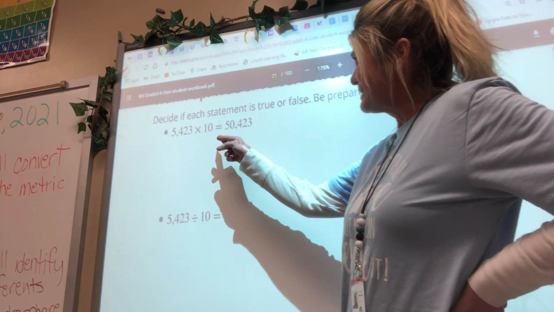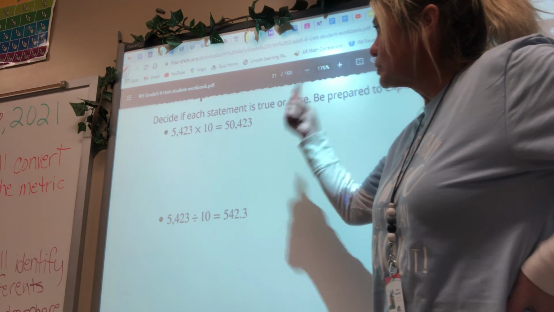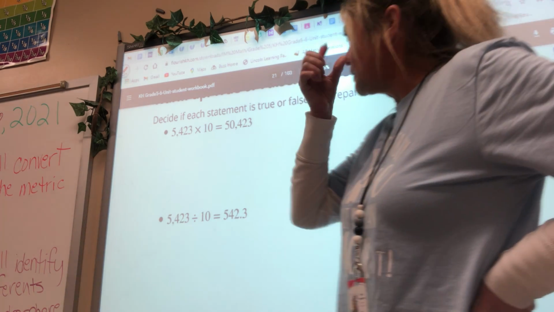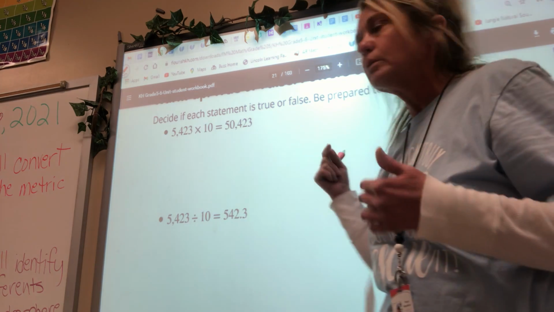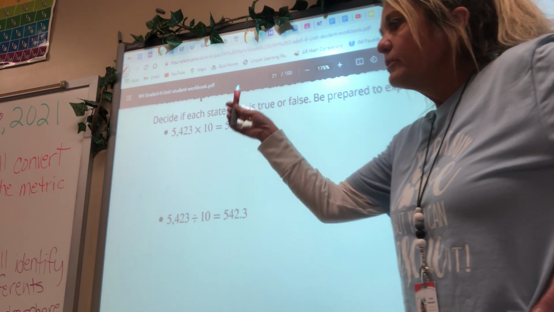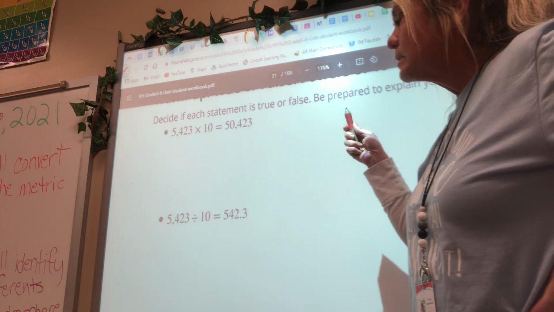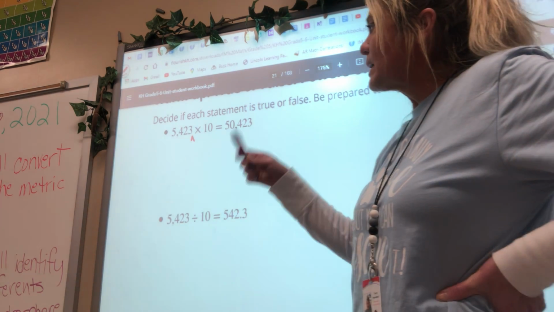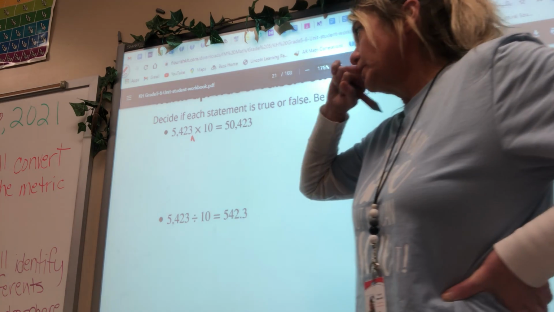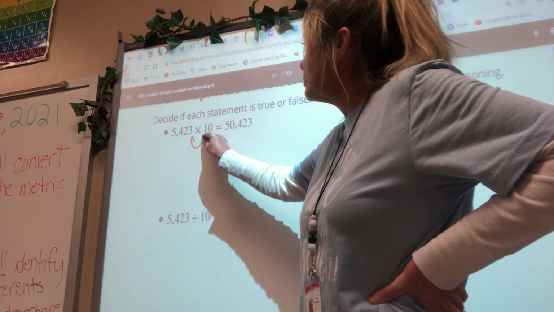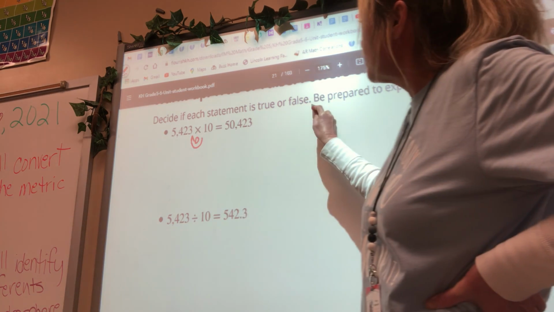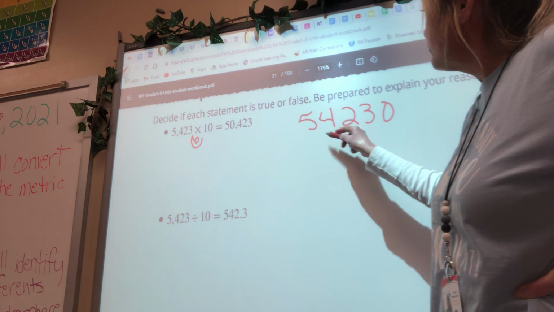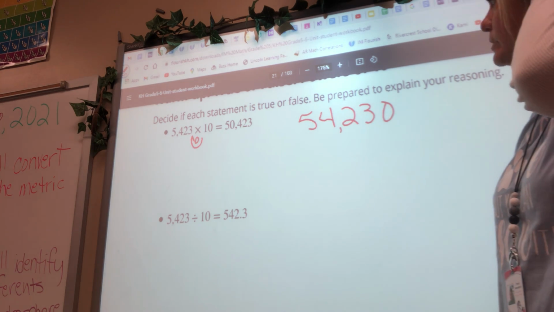5,423 times 10 is 50,423. Well, let's remember our rules for multiplying by multiples of 10. We know our number's going to be getting bigger, so we would be moving the decimal place to the right. And right now our decimal place is right here. So if it moves by 1 power of 10, because that's what we're multiplying by, then it should just move 1 time. So we would have 1 empty place. So our new answer would be 54,230, not